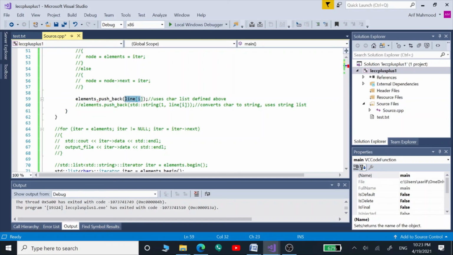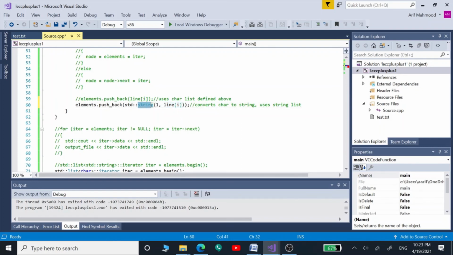So in order to convert those characters into strings, we are going to skip out these lines and include this line. So now on this line inside this pushback function, instead of using this line I which is going to give us our characters, we are going to use this standard string function to convert this line I variable, which is of type character right now, into strings.